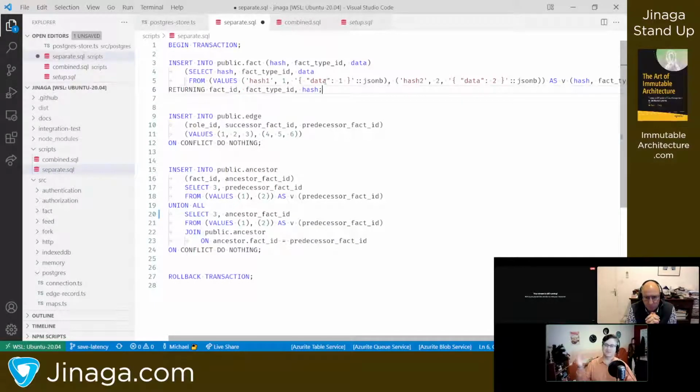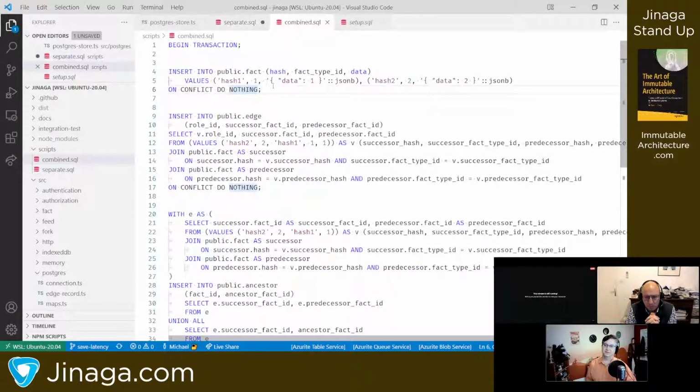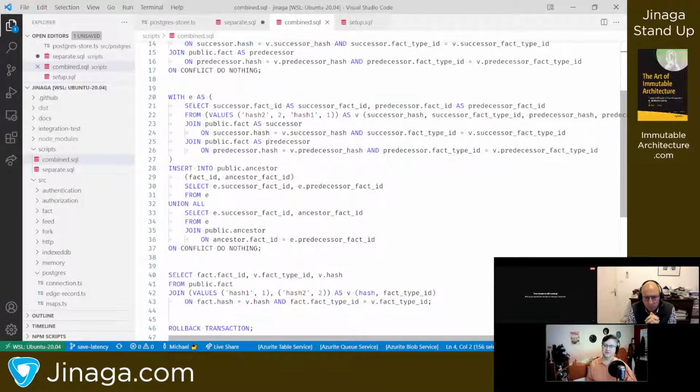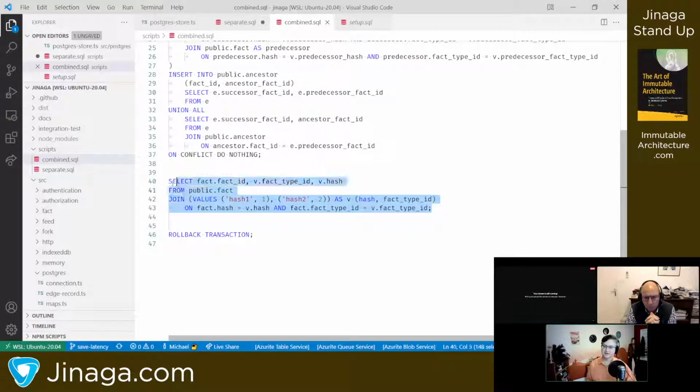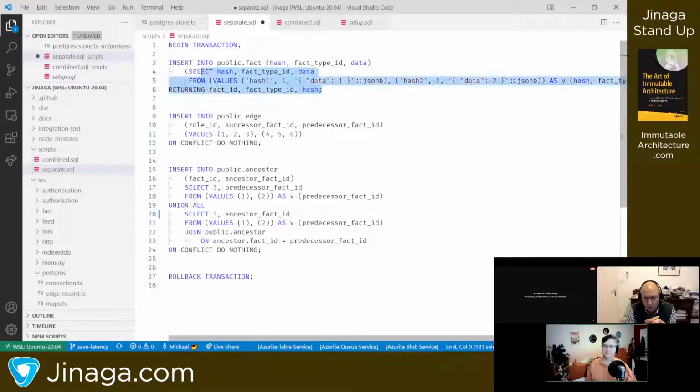And people say, write your code a different way, or if you really want to do it that way, then you do an insert on conflict do nothing followed by a select in order to get your IDs back. And that select will hit the ones that were just inserted as well as the ones that were already there that conflicted.